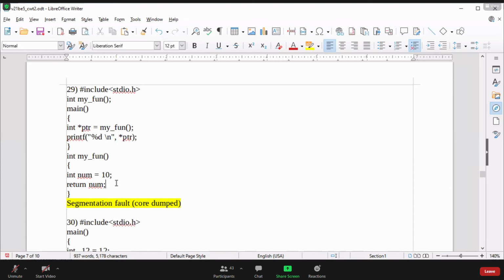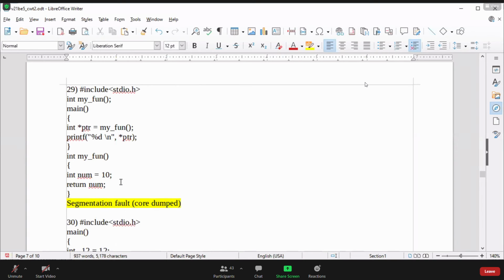See, try to understand. Previously also we did the discussion, and once again try to understand when a dangling pointer occurs. One student has given the answer wild pointer. Actually, wild pointer we can also call, but if we try to say it more precisely, wild pointer is also not correct, because it's not uninitialized. An uninitialized pointer is called a wild pointer. Here the pointer is initialized with something, so we can't say it's an uninitialized pointer.